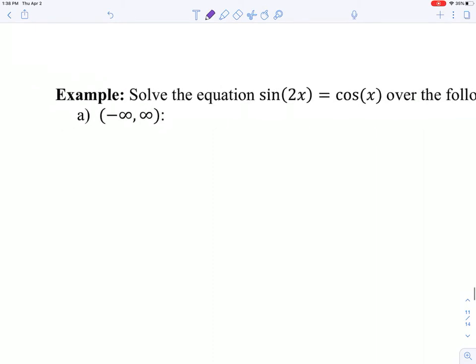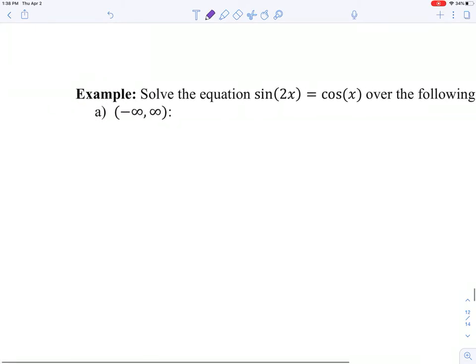All right. And this next equation. So what I would do first is get 0 on one side of the equation here. I would also, since the arguments are different, the identity that sticks out to me, remember, there could be different methods, like different steps that you take to solve, different identities that you use. But what sticks out to me is that sine of 2x is equal to 2 times sine of x times cosine of x. And then if I subtract cosine of x from both sides,